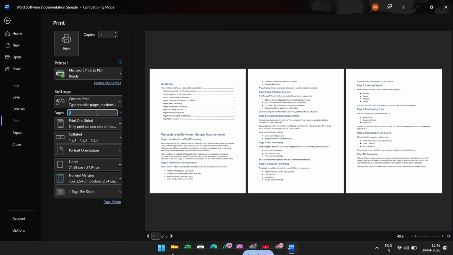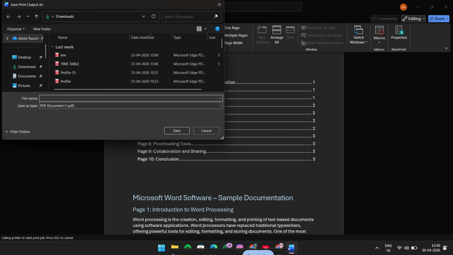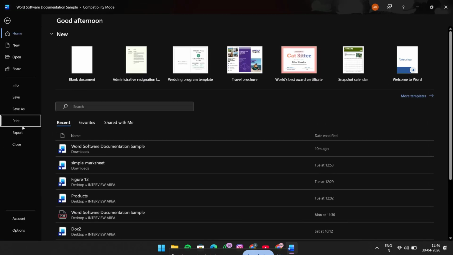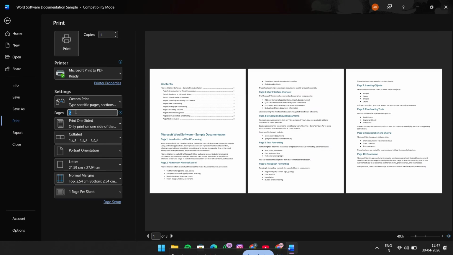If you want to print a continuous range of pages, type the first and last page with a hyphen, like 3 to 7. That means Word will print every page from page 3 through page 7. You can also combine both styles if needed, depending on your document. For example, if you needed page 1, pages 4 through 6, and page 10, you could enter them together